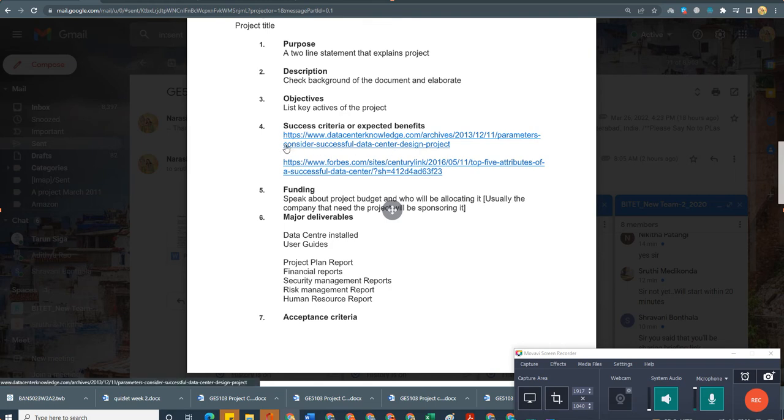Next, success criteria. You just open this link. There will be certain constraints or different types of criteria that should be followed to ensure that whatever project you proposed will become successful. If you open these links, you can see a list of measures that should be taken by the organization, or the kind of achievements that your project is going to get, based on which the success of your project will be explained. So you can write what the success criteria are and what the expected benefits are. I suggest you write hardly 100 words on this topic also, but make sure you identify key areas that clearly explain the success of your project.